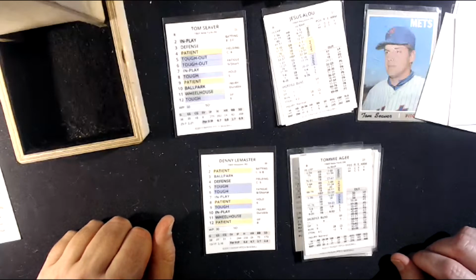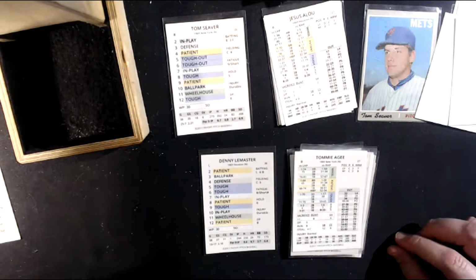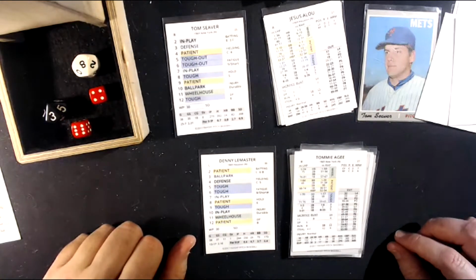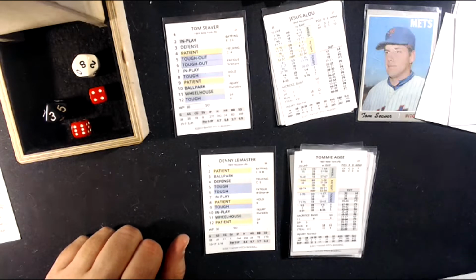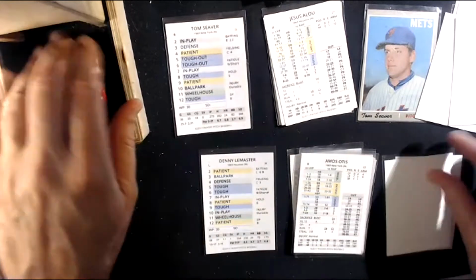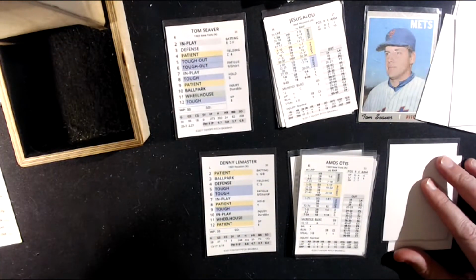And this is Tommy Agee. Agee is batting .265 with 6 home runs, so he's got power. Here's the pitch from the lefty, Denny Lemaster. That's 10. 10 is in play, 38 against a lefty, and that is popped up left side. Right there's Rader, 1 away. 1 out,